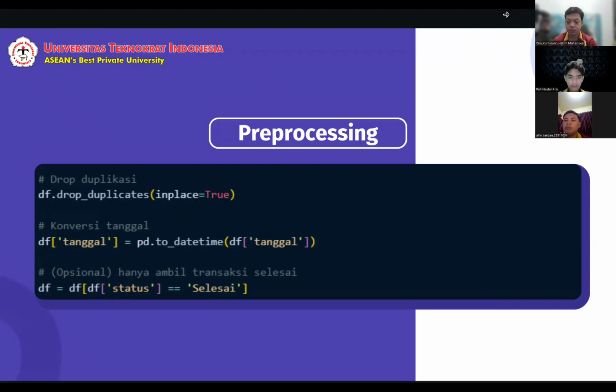With good preprocessing, you ensure that the algorithm works on clean, relevant, and representative data, resulting in more accurate and meaningful segmentation results.